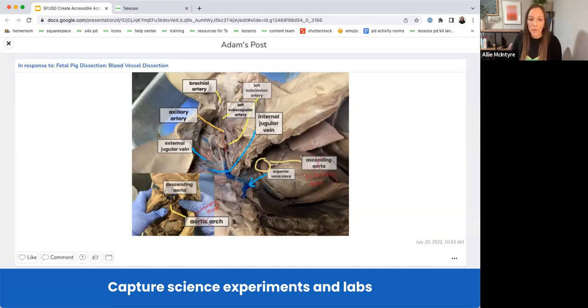Now, you also can perhaps see the red writing. It might be sort of hard, but here we have red writing here and then here as well. This is actually the teacher's feedback. So after the students turned this in, the teacher went in and used the drawing tool on the students' post on their activity to provide feedback right away. They just edited the post from the journal and then sent it back to the students. And again, don't worry, we will learn how to do that in just a few.